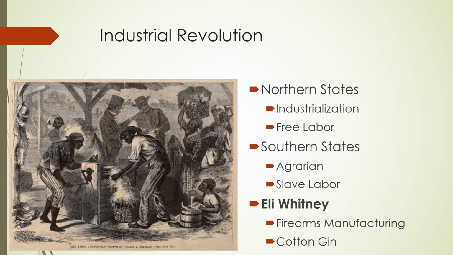which is using slave labor. All right, so what this does is it doesn't end slavery. This now makes it where the South wants to keep slavery. This strengthens the South's hold on slavery. So the North is moving away from slavery. The North is now embracing industry. The North has already rejected slavery, but now they're on a path further and further away from it because of industry. The South, meanwhile, is now grasping it stronger than ever, because now it is not just part of the economy, it is the economy. It's vital to the economy.